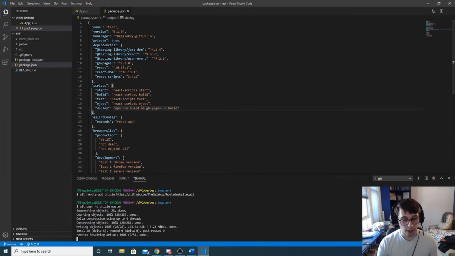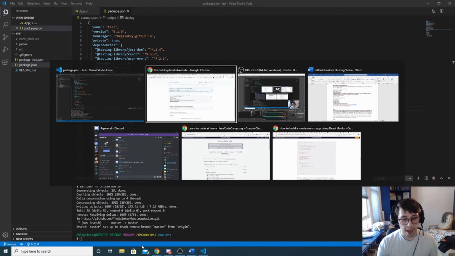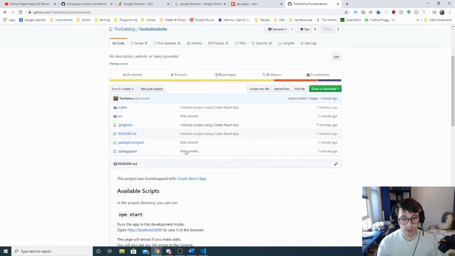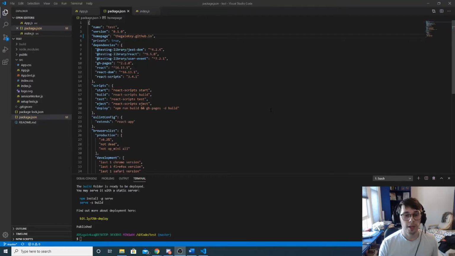So once that all is done, we can go back to our GitHub repository, and we can hit reload, and then all our information is going to be right here. So I made a mistake previously. Instead of having this as your homepage, I forgot to add in a few things at the beginning. So we want to put in the